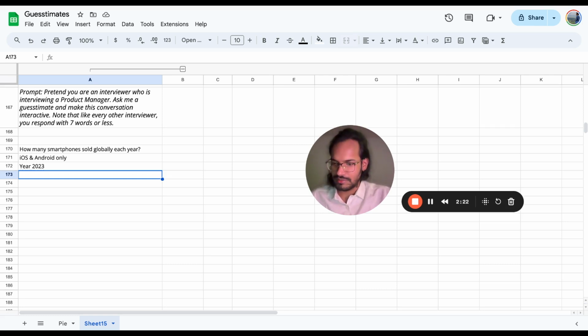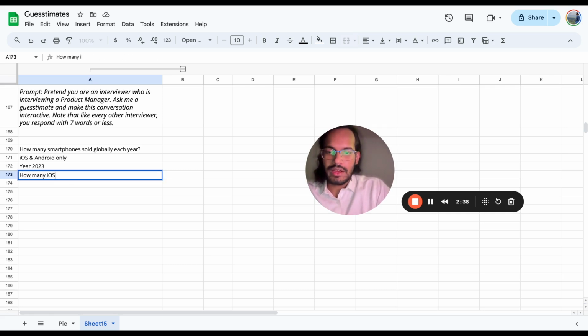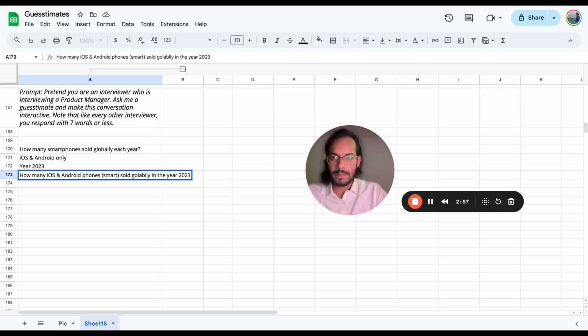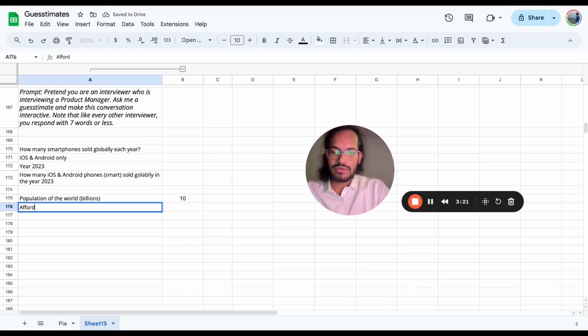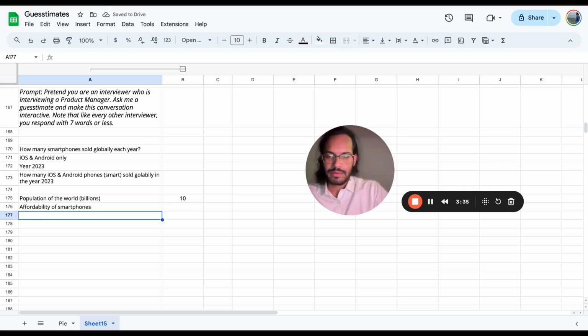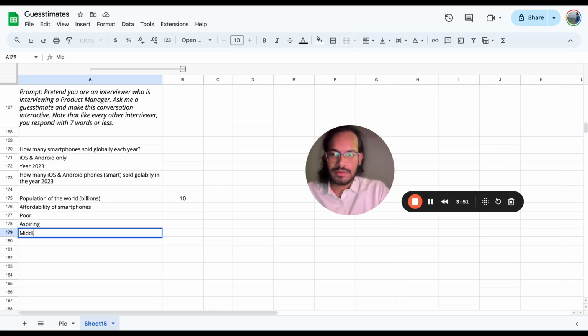Sure. Give me a couple of seconds so that I jot down my thoughts. All right. We have a question that is how many iOS and Android phones sold globally the year 2023? Let's break down the world population in billions is 10. Now let's calculate the affordability of. Let's assume that we have five classes: poor, aspiring, middle class,